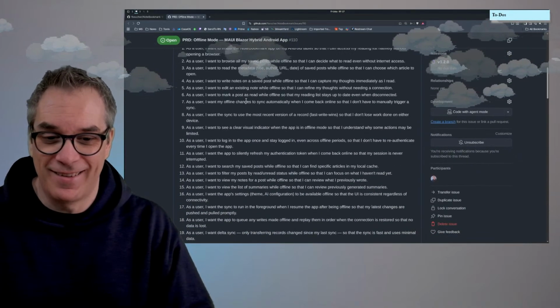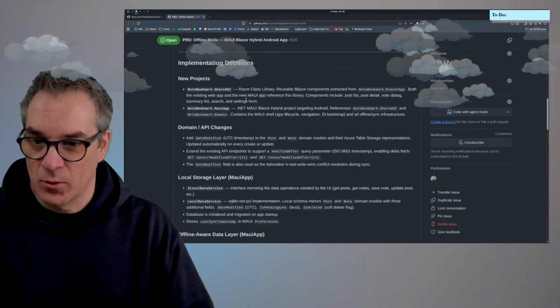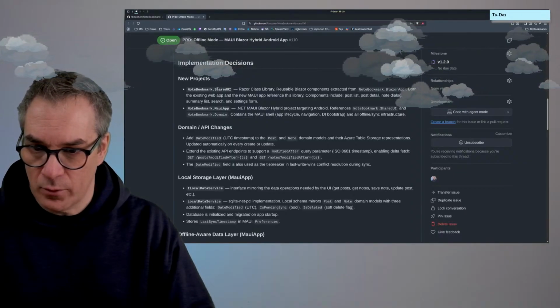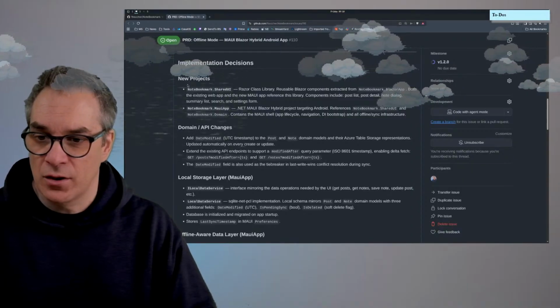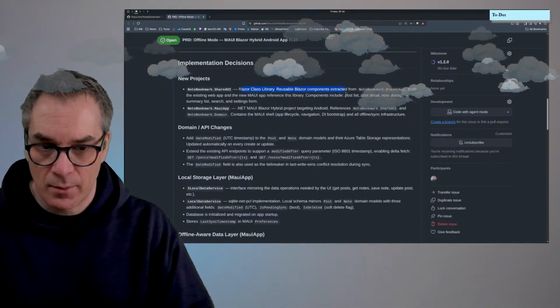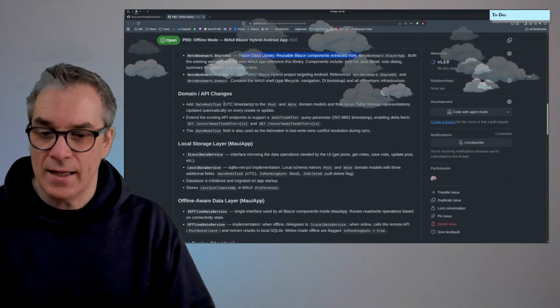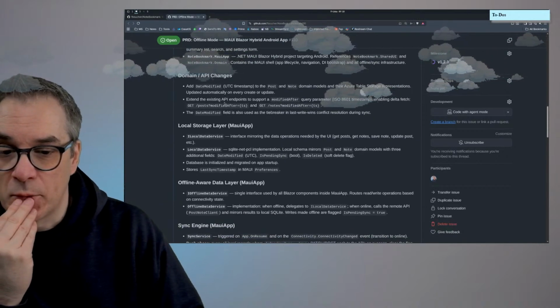I'm worried because doing it on camera is always a little bit more stressful, but hey. Apparently there will be a new project, so implementation decisions. The new project will be a shared UI Razor class library, so there will be a lot of refactoring. So I think we definitely should push a version,